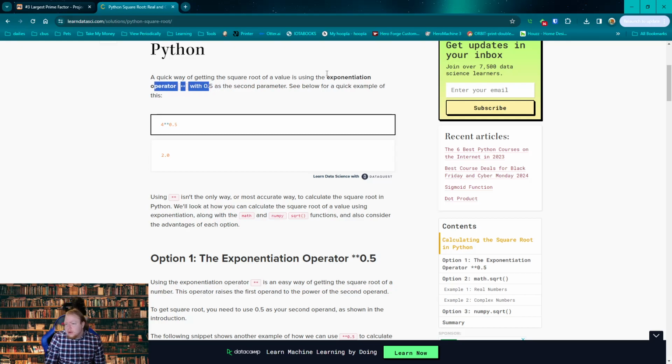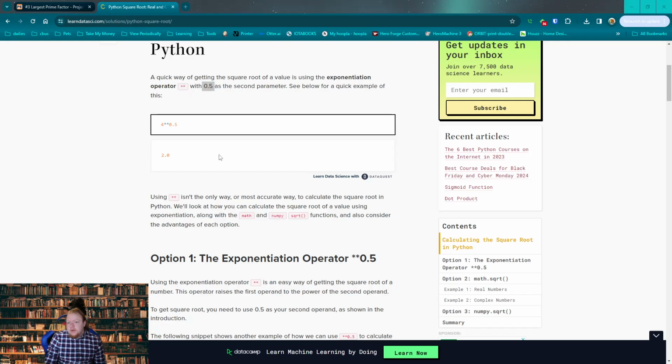Exponentiation. I'm gonna pretend I pronounced that right. 0.5, so